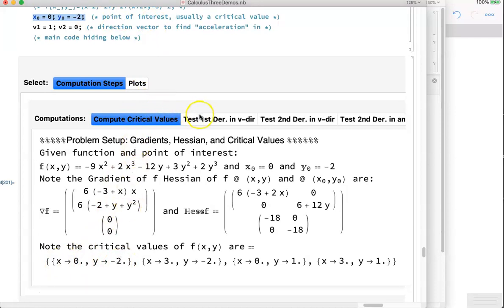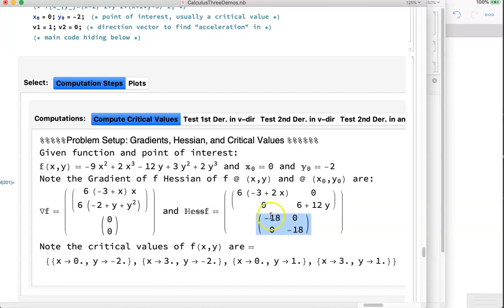And now we can see here that at that point the gradient comes out to be equal to 0, and the Hessian at that point comes out to be negative 18, 0, 0, negative 18. And if you think ahead to what this is going to mean when you take the Hessian and multiply it by any vector, the fact that there's a negative 18 and a negative 18 here and zeros everywhere else, what that's going to equate to is